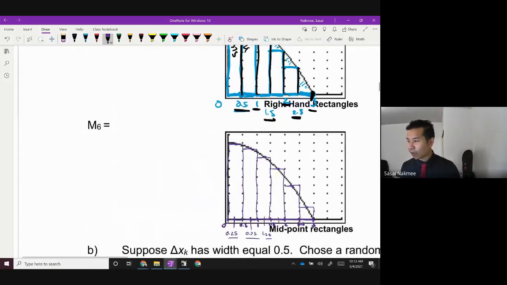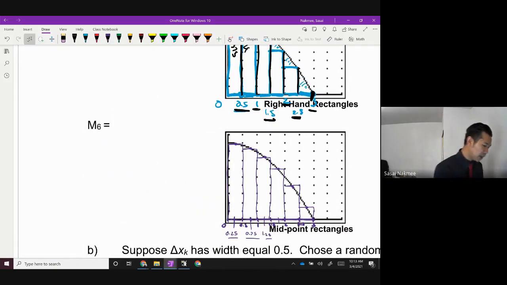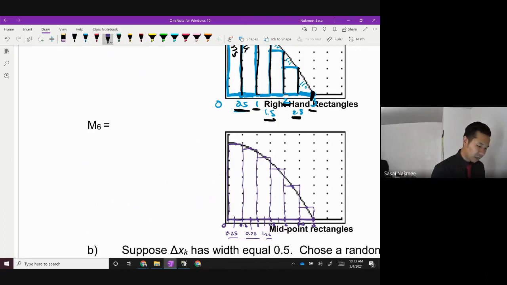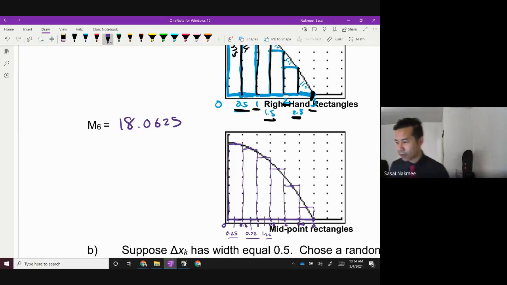So do the calculation, practice that on your own, and see if you can get the same answers. I'll just give you the answer for this one for today, but I do expect you to practice it. Try it out on your calculator to see what you get. The answer you should get is 18.0625, which is what I got in the past. So just try that out and see what you get.